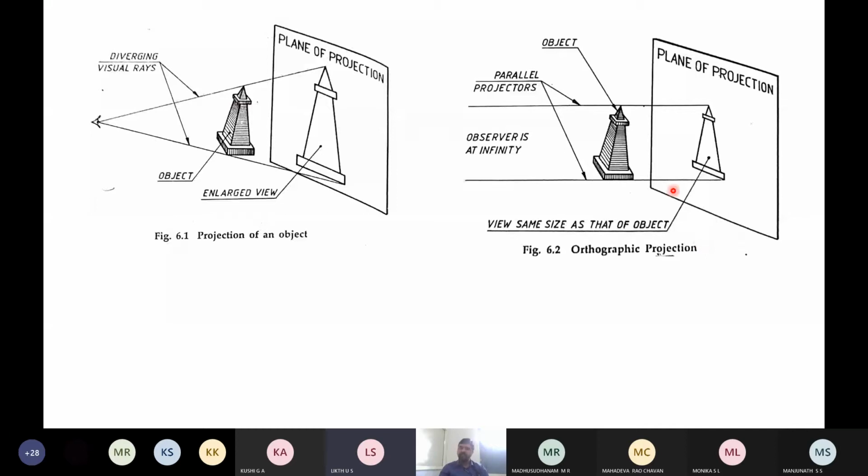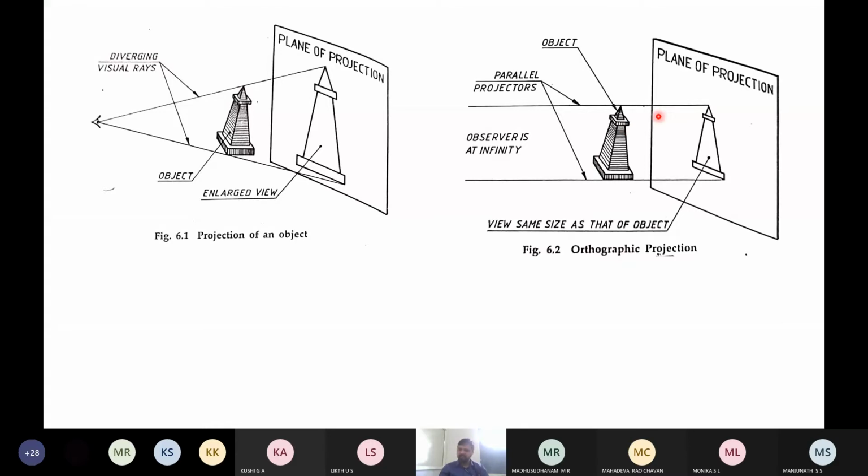Okay, so in the second case, that is when the rays travel parallel to each other, we are going to get a projection which has the same size as that of the object, which makes sense in engineering drawing. When we get the projection to the actual size of the object, that is having importance in engineering drawing. So we are going to get the actual size of the object when we pass these rays parallel to one another. Okay, that is one thing. Another thing is these rays should be perpendicular to the plane of projection.